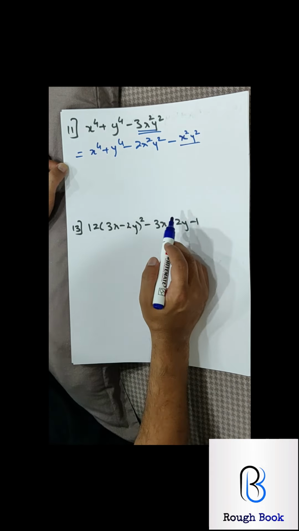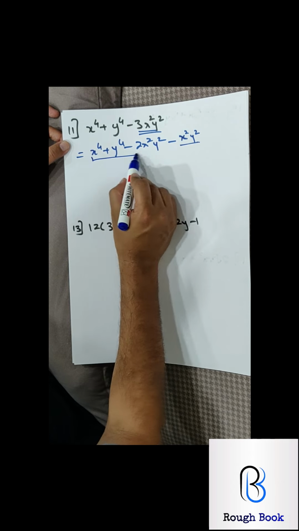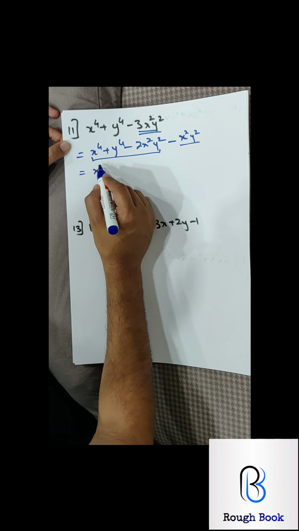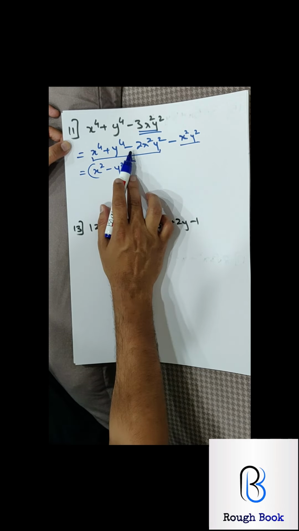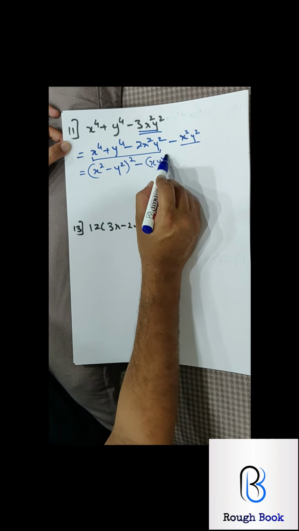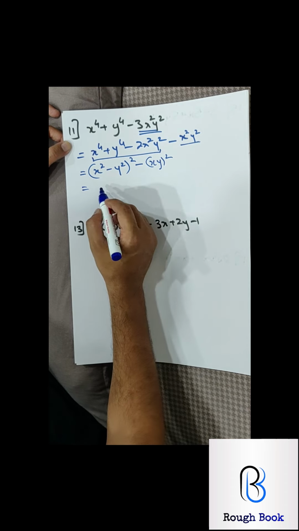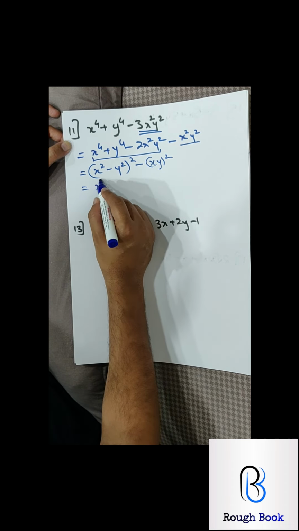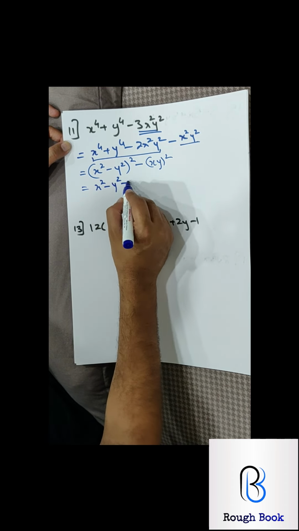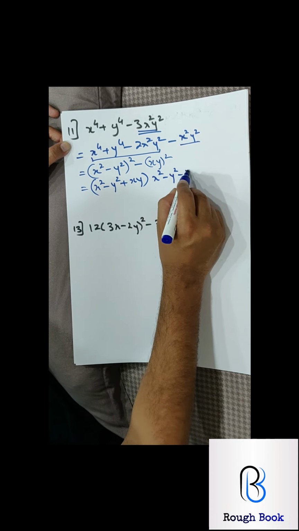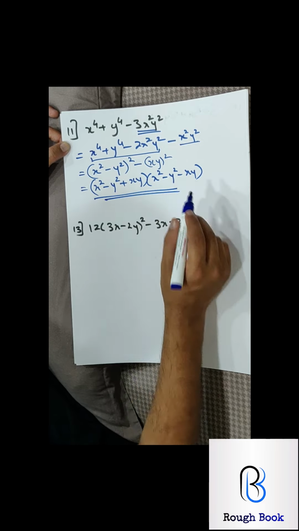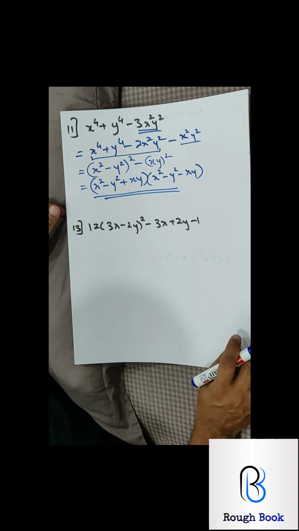So this itself is a perfect square, and this part is going to help me to get x square minus y square the whole square. Minus because this is minus. Minus xy the whole square. A plus b, a minus b. So a plus b and a minus b. Nothing can be done further, so your answer stays there itself.